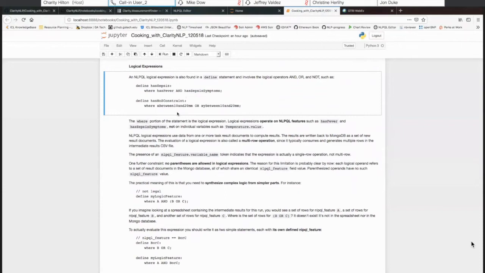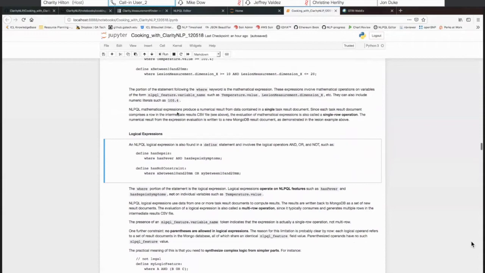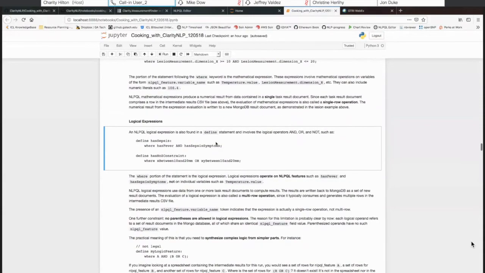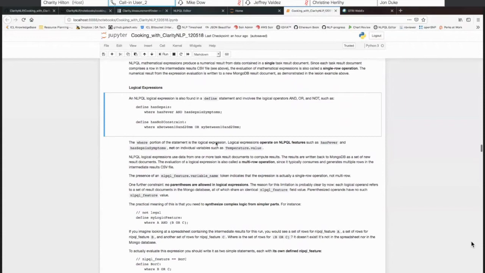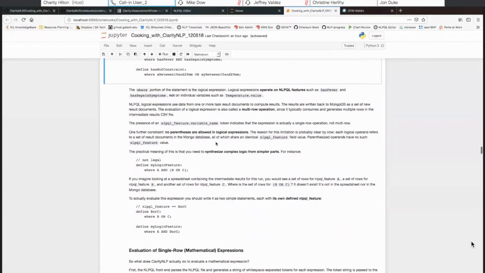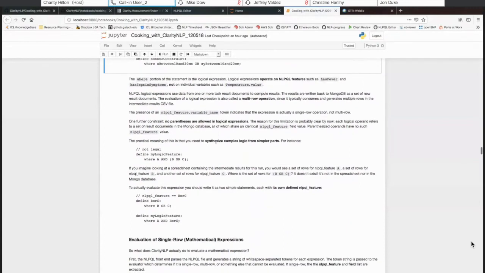Okay, so the mathematical operations that operate on single rows, we call those single row operations. Logical expressions are called multi-row operations. And there's another further constraint on these things, in that you can't use parentheses in these expressions. So here's an example. Here's one that involves and or, called my logic feature, where A and parentheses B or